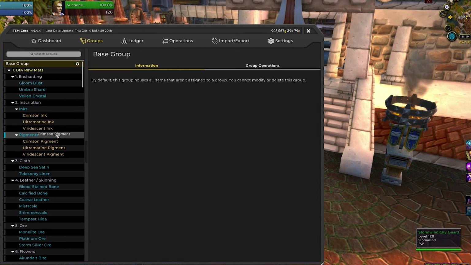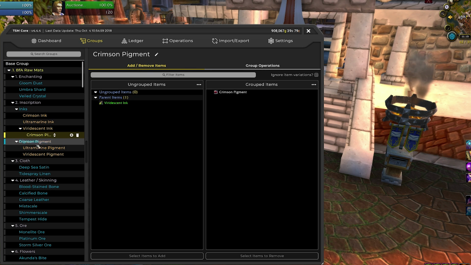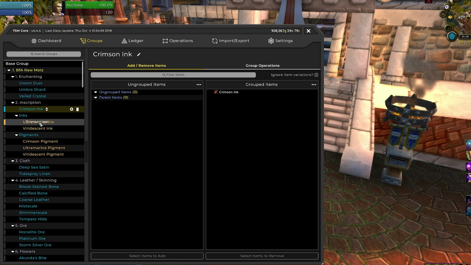A nice thing about these group trees is that you can drag and drop subgroups to anywhere in the structure you like. Super granular groups like this can be overwhelming to look at, but because you can just start with one operation at the top for the whole tree, there's no big downside.